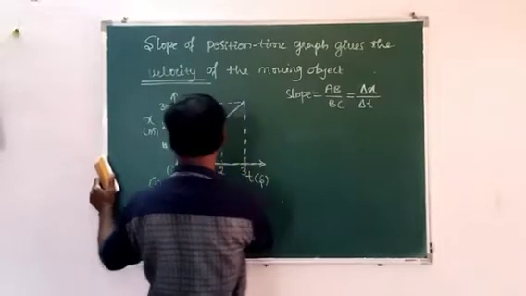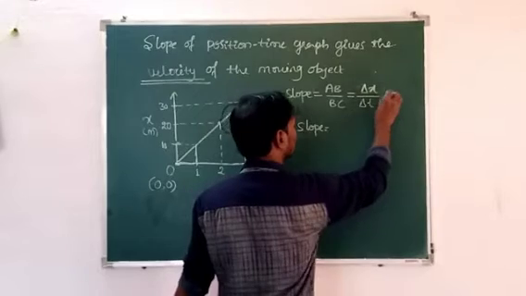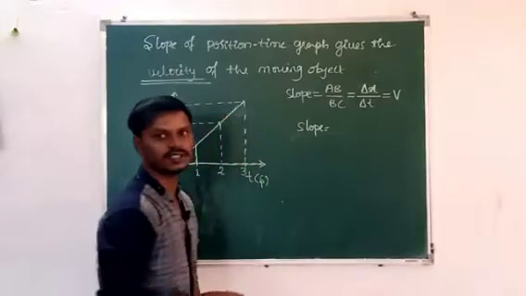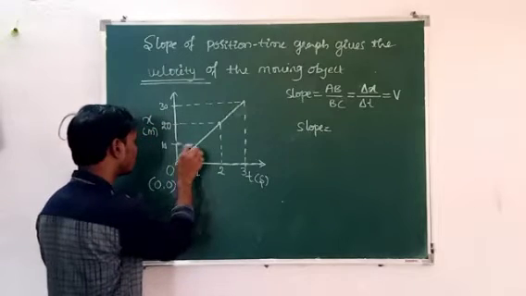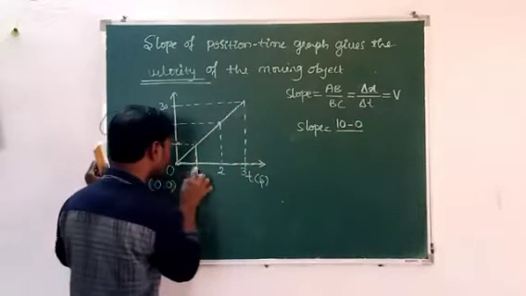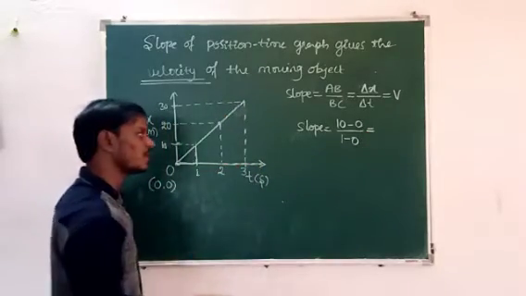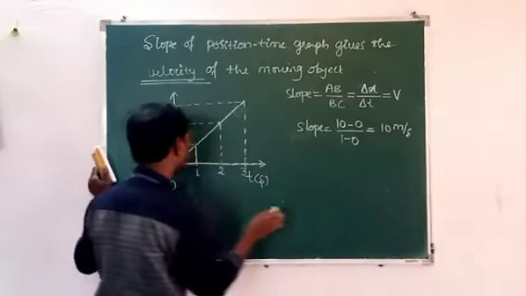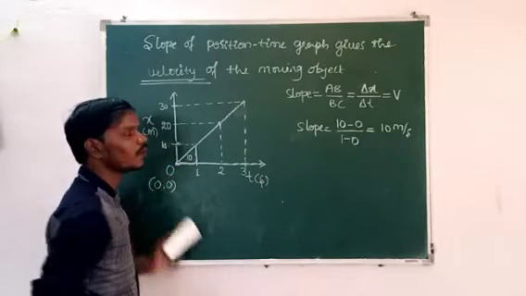So I will find the velocity here. Then what is the delta x by delta t? That is velocity. That means slope of the position versus time graph gives the velocity of the object. Then slope is equal to 10 minus of 0 divided by 1 minus of 0. Then 10 minus 0 is 10, 1 minus 0 is 1, that is 10 by 1, then it is 10 meter per second. So what is the velocity of the object from 0 to 10 meter? That is 10 meter per second in the time interval 0 to 1 second.